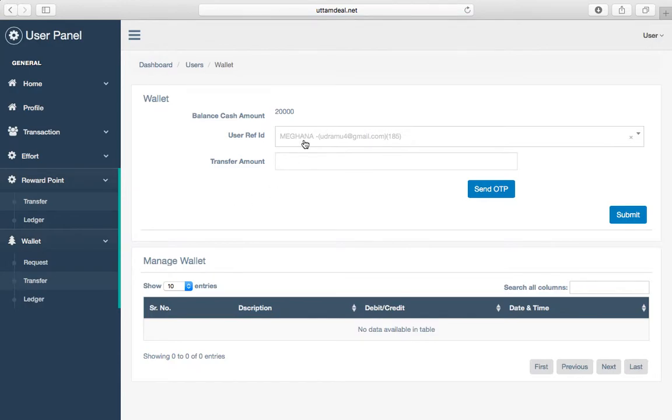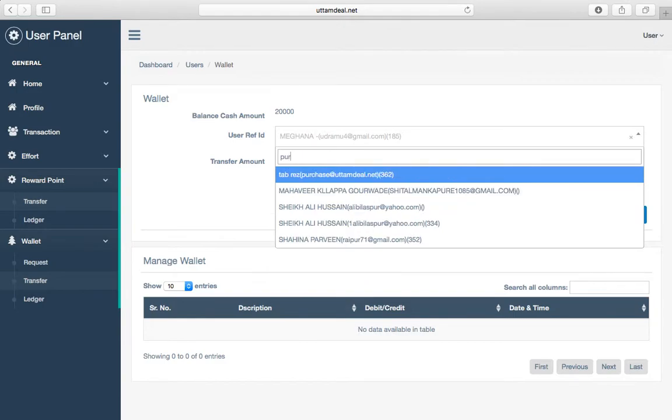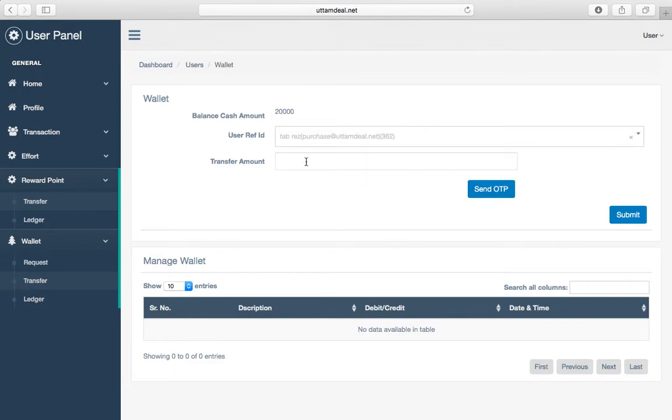And I will just transfer some money to some other ID. I filled in the email address and now I'm filling the amount. Since I have 20,000 in my wallet, I'll just fill 20,000.